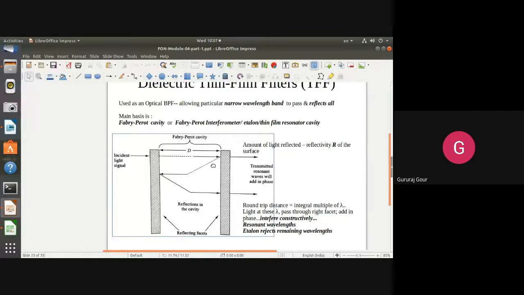So let us assume this Fabry-Perot cavity is acting like a soap bubble, and outside, on either side, you assume that air will be there. Air has got a different refractive index, that is one, and the soap bubble, the medium that will exist inside the soap bubble, has got a different refractive index. Let us assume that it is 1.33 something. Okay.